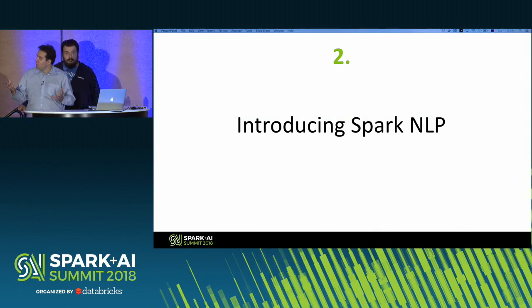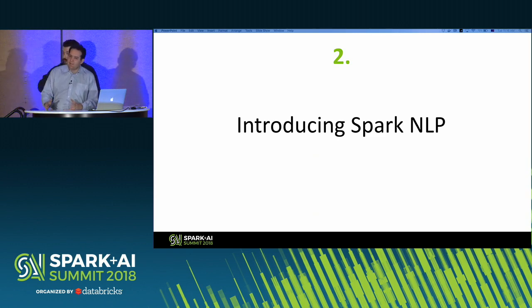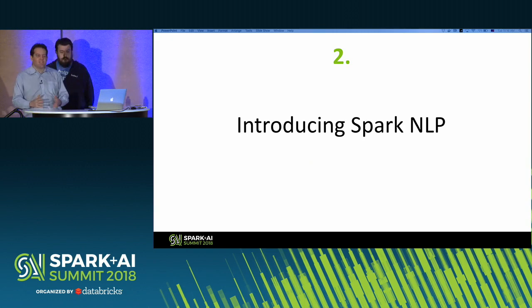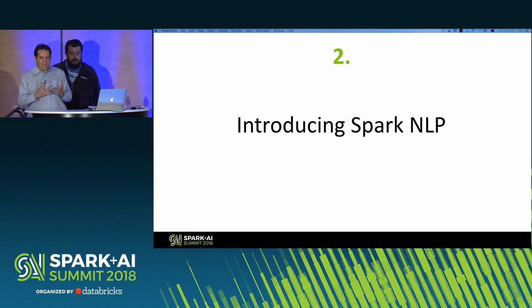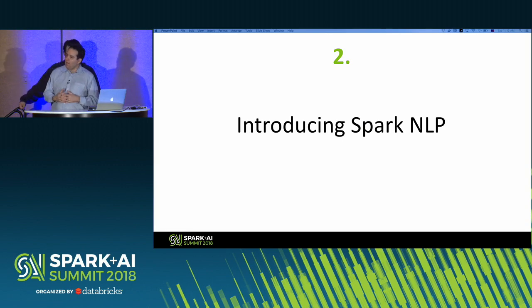What we'd like to do now is introduce the Spark NLP library, and that's a library that we released as open source back in September. Since then, we've had, I think, 15 or 16 new releases, constantly about every 2 or 3 weeks, and it's been picked up by dozens of projects that we know of that are using the library, and open tickets, contribute, ask us questions on our Slack channel, and